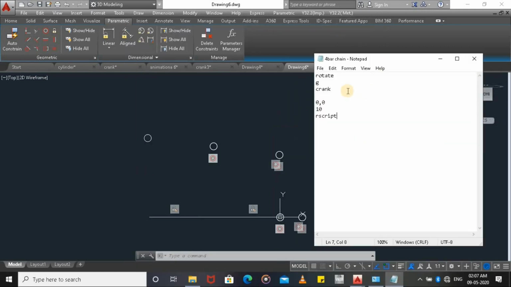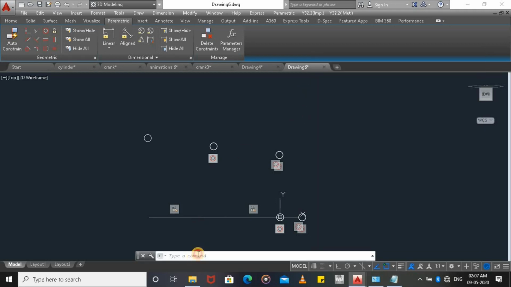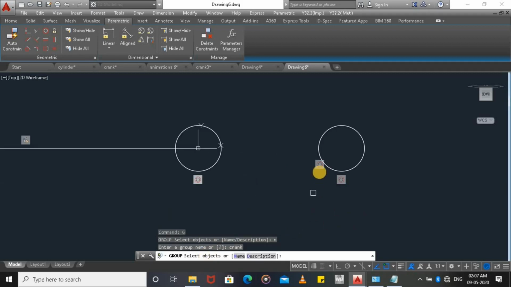Now what is this G? G is for group, and this crank is the group name. So we have to create this group in the AutoCAD file. So first I am creating the group. Simply press G and enter, then changing its name, type N and press enter, and then name it as crank, enter, and select our crank.